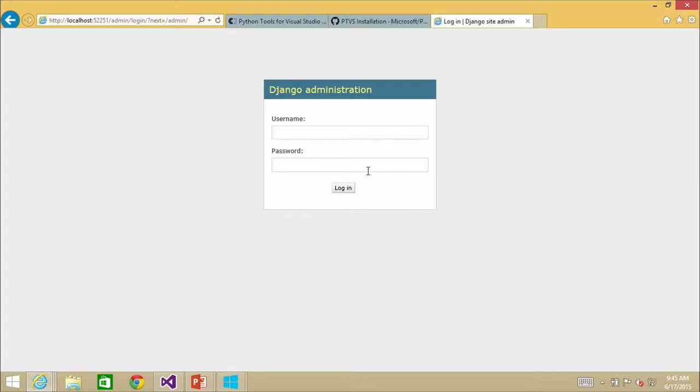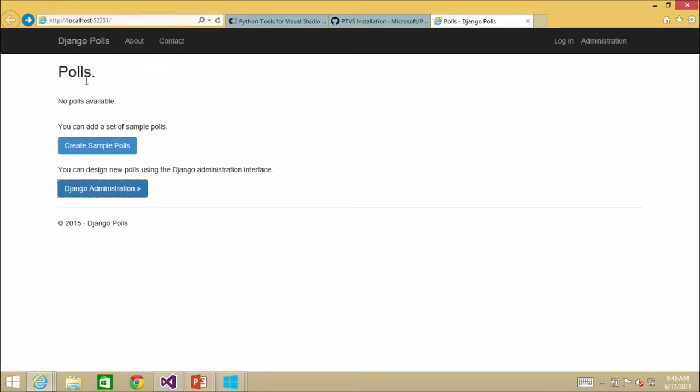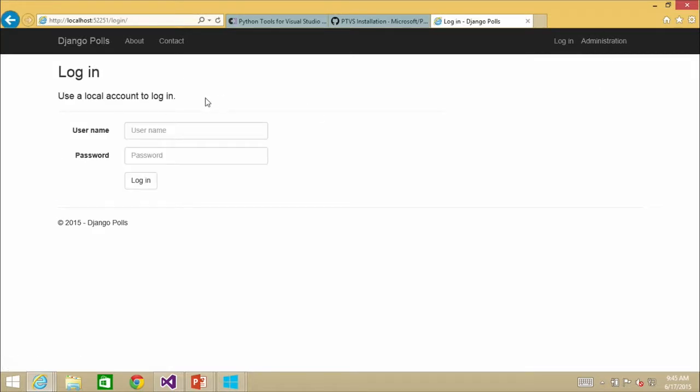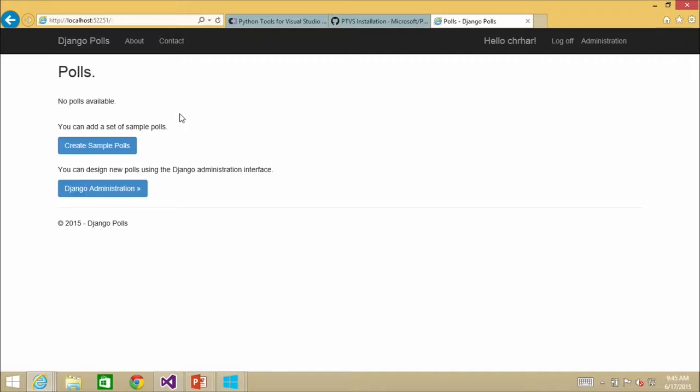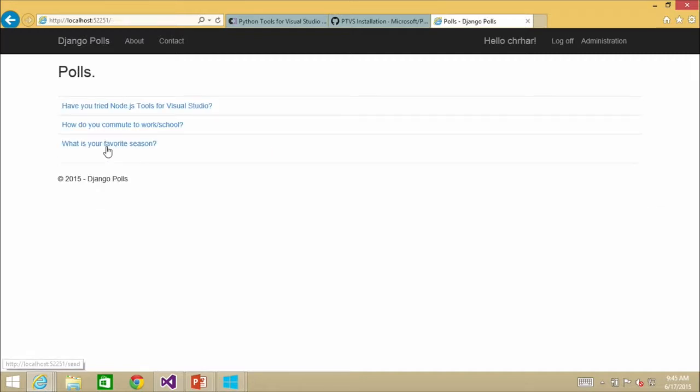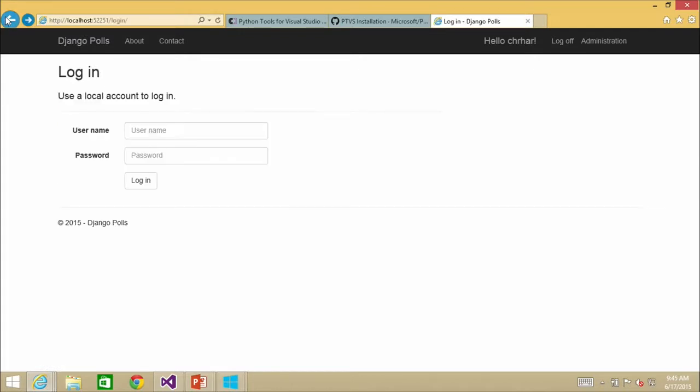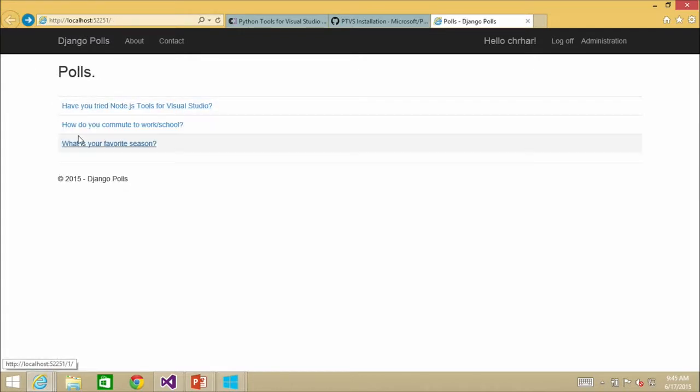But the other really cool thing is this also does provide a Django administration page as well, where you could actually go into the backend database and start working with everything directly there. And are you going to let me log in? There we go. OK, it did. So there are the 3 little polls that it creates.